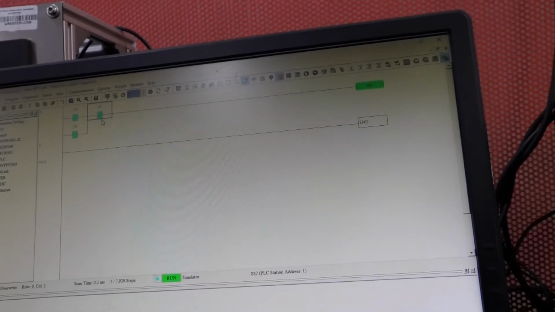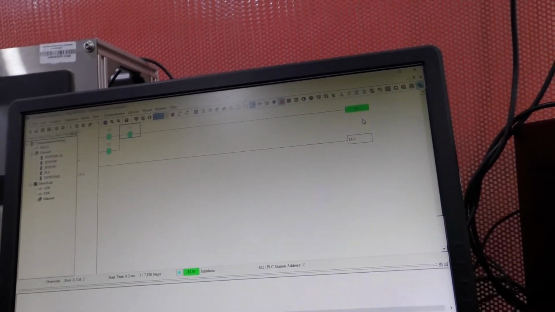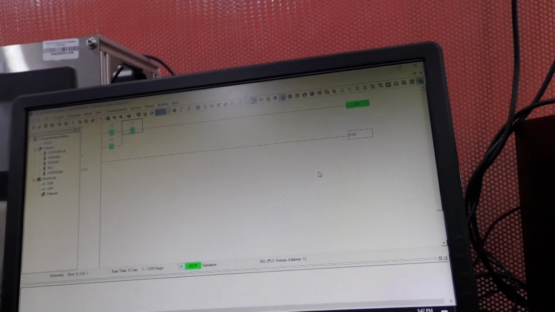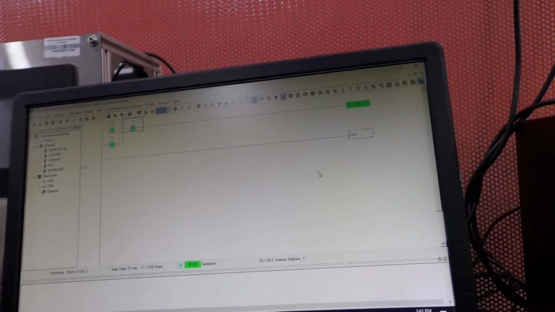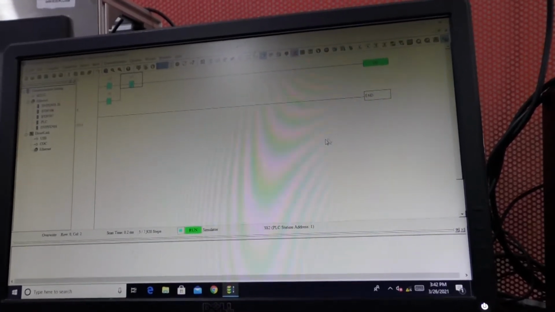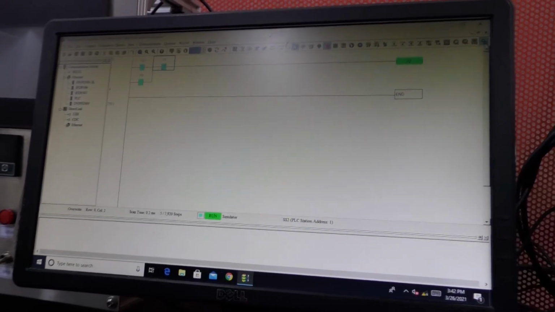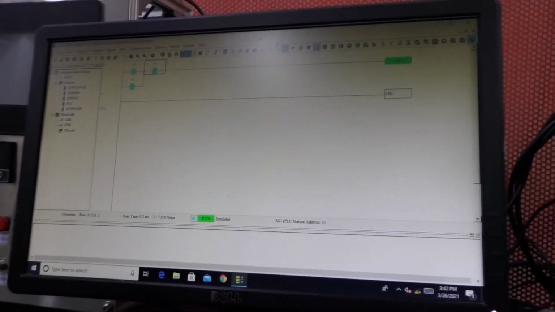Now you can see if I am switching it off, then the indicator will be on. So this is the first circuit. The same example by using set and reset options we have given in your manual. So let us just switch on. We'll try in hardware first.